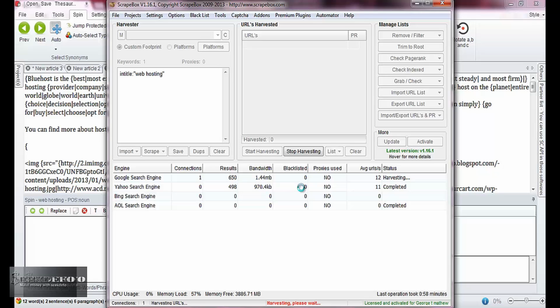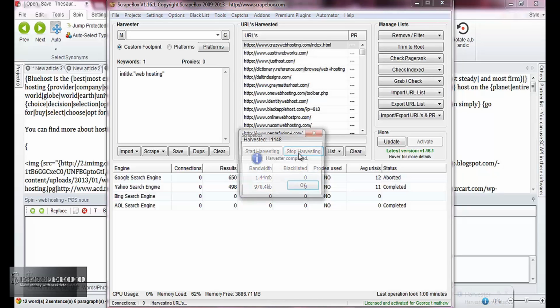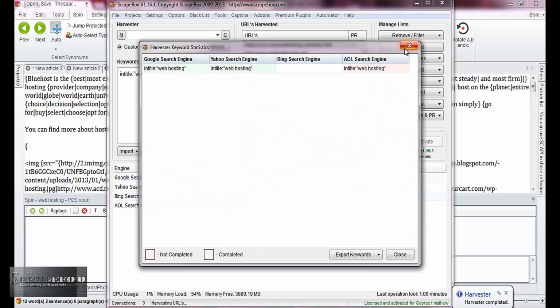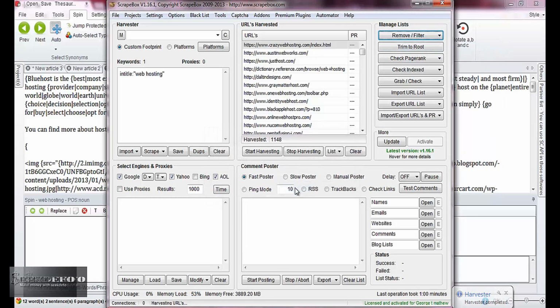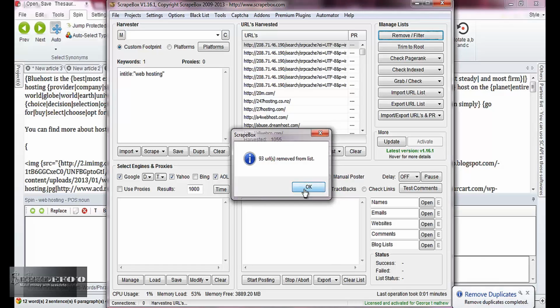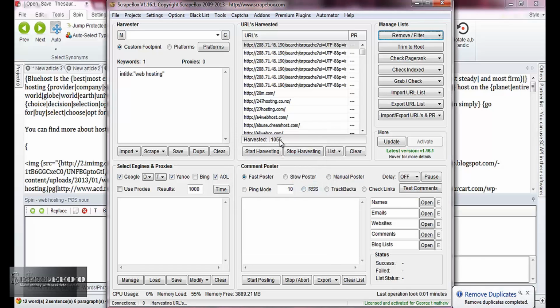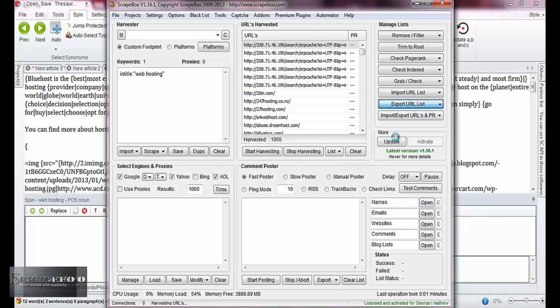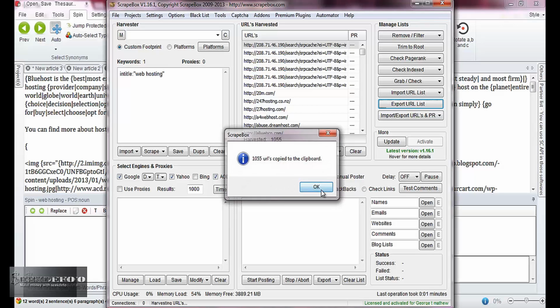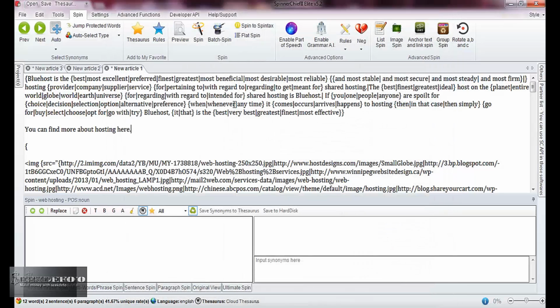Okay, that's fine. Remove duplicate URLs. Yes. Okay, we still have 1000 URLs, and I will just copy all URLs to the clipboard, and when I go to